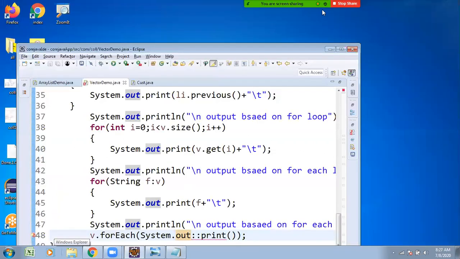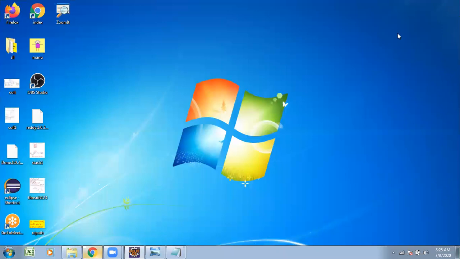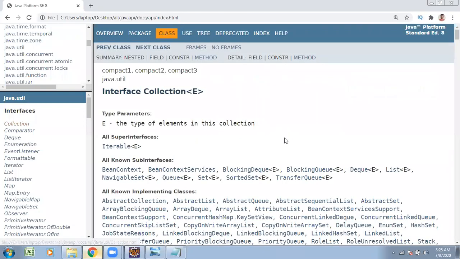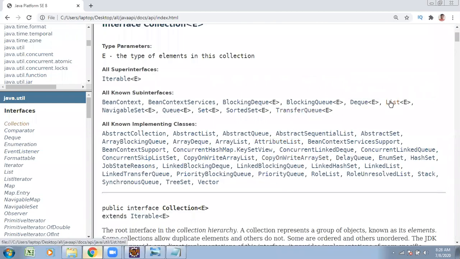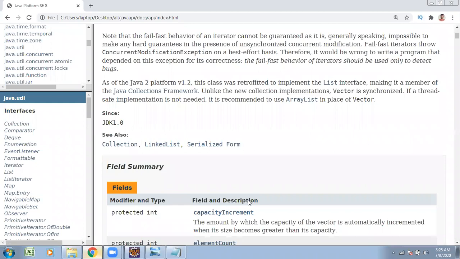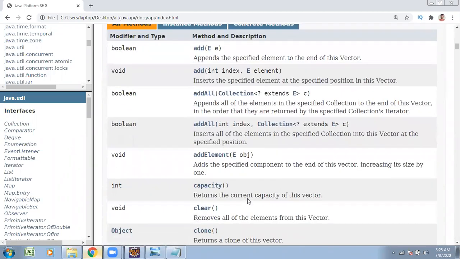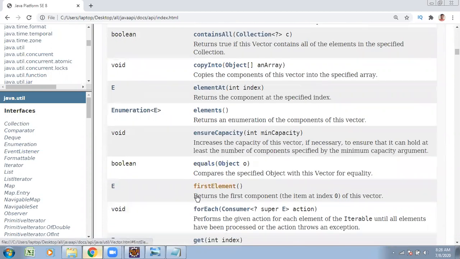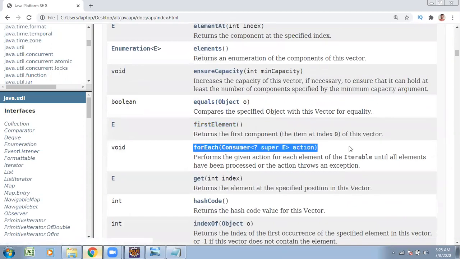For each method technique, under the util package, there is a method I wanted to use, collection. Under collection, the list interface implementation class is the vector class method, for each method of action.